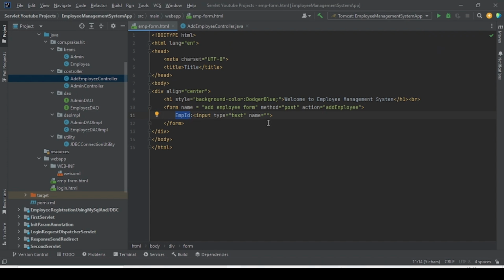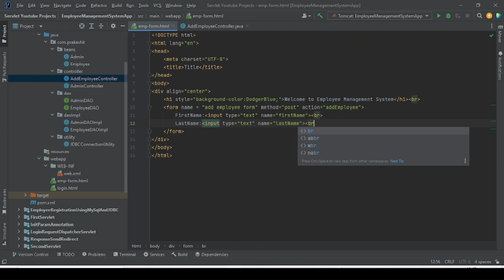So we'll write first name, so this would be first name, the value. Then after that I will write one br line break, then last name. Input type is text, then name is equal to last name. Okay, and I'll close this one, br, last name br, then